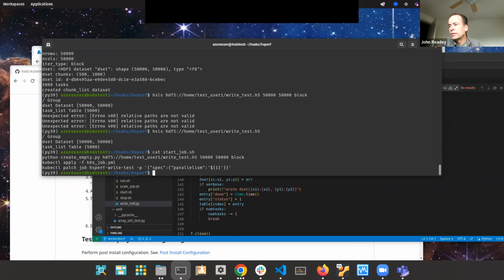If I look at this here, we do kubectl apply this job YAML. That'll start our worker. Actually, by default, you'll create one job pod. And then we do kubectl patch, and we're going to change the parallelism to whatever the argument is. Okay, so if I do start job 16,